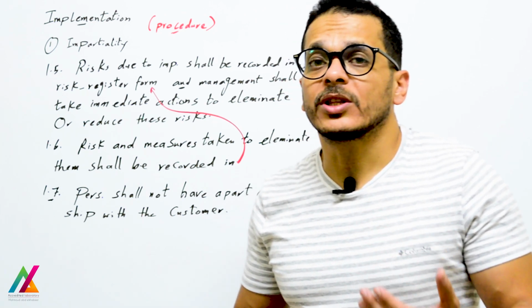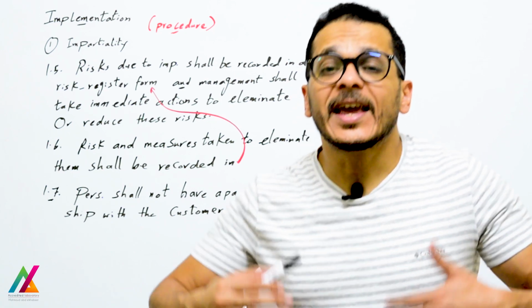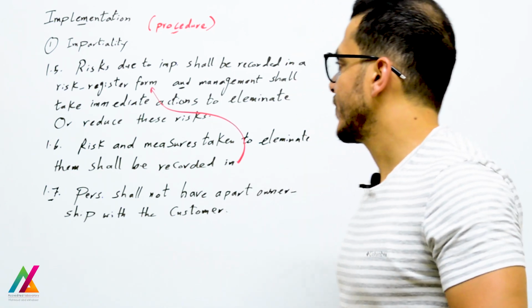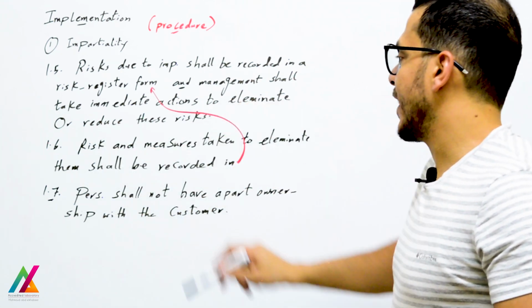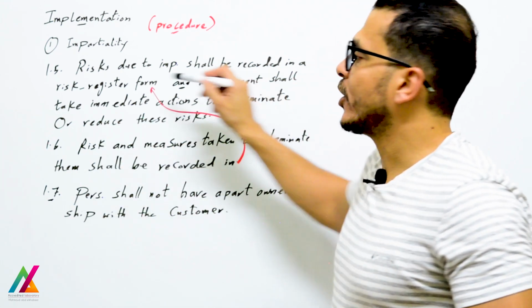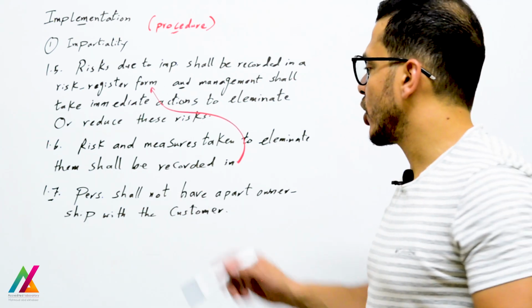And after that, also in the management review every year, they shall discuss if there is any new risk due to impartiality, and they shall record all of them. So the risk and measures taken to eliminate them shall be recorded in a risk register form. Also, another point, personnel shall not have a part